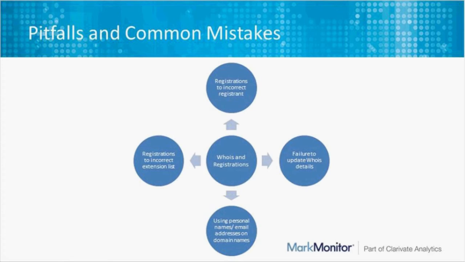another common mistake that we see is the failure to update WHOIS information. This tends to happen all of the time and for a myriad of reasons, things such as office relocations, changes to named contacts, and also changes to primary email addresses. These are all things that happen in the day-to-day existence of business management. So when these things take place, it's really important to ensure that we're notified and that the portfolio is updated